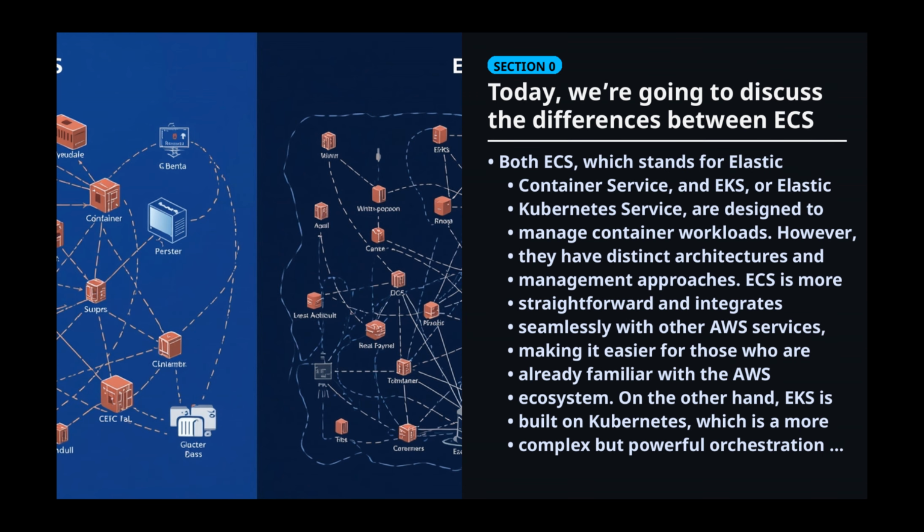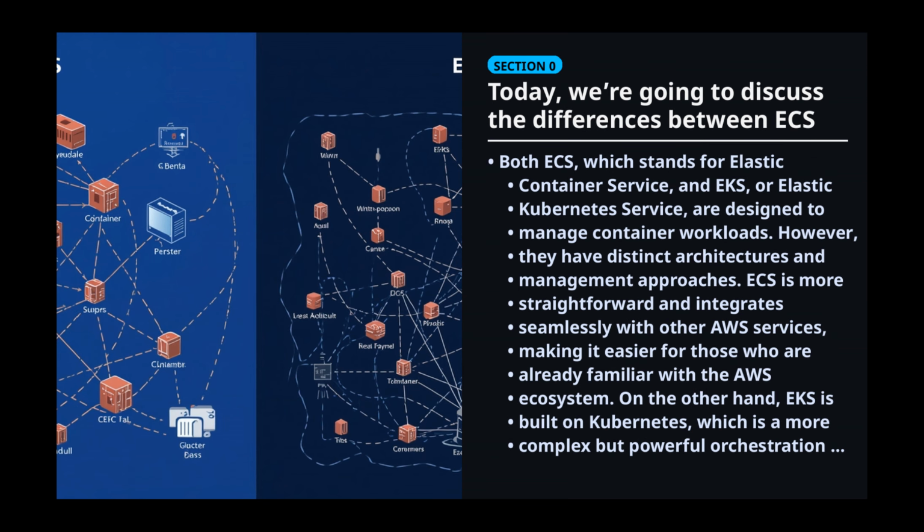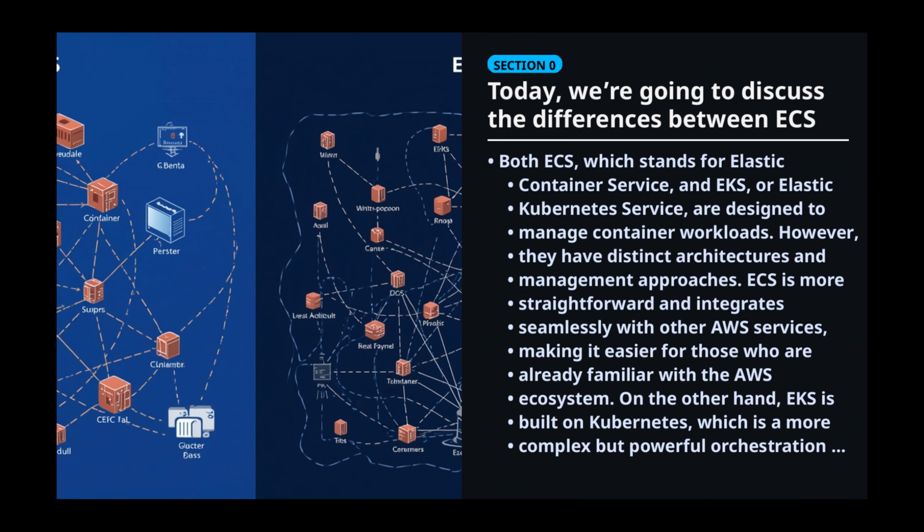On the other hand, EKS is built on Kubernetes, which is a more complex but powerful orchestration platform. This means that while EKS offers more flexibility and features, it also requires a deeper understanding of Kubernetes